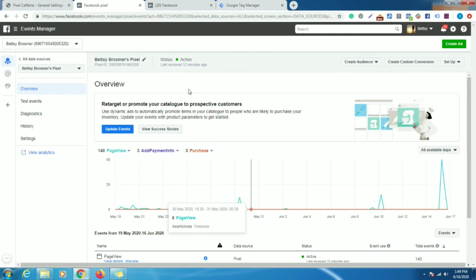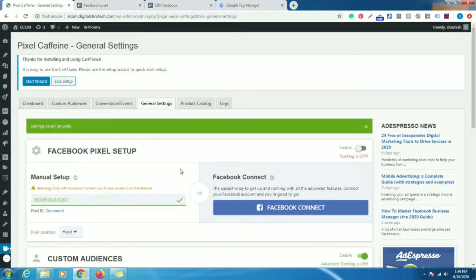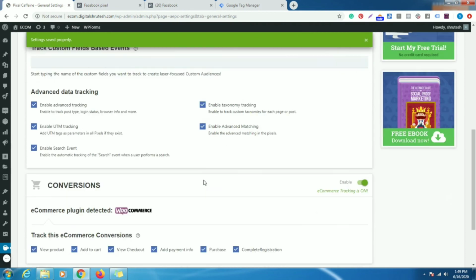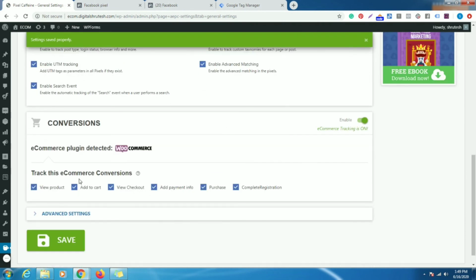So this is how we can connect our pixel code to our e-commerce site using different methods. The first one we saw was using Google Tag Manager, and the second one was using Pixel Caffeine, and you can track all the data related to your e-commerce business, like view product, add to cart, view checkout, add payment info, purchase, and complete registration.